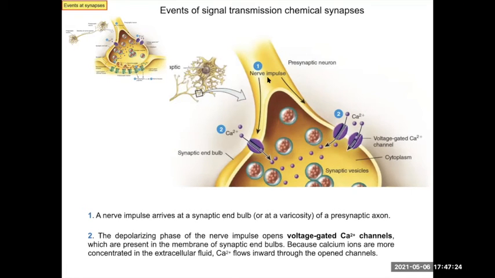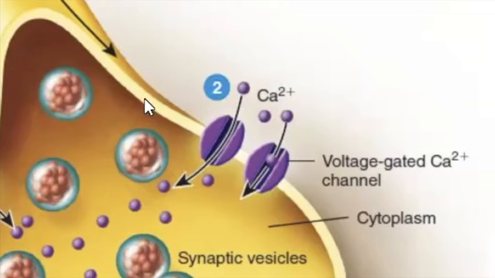Now you know what this nerve impulse is. Now you know this is an action potential going down the axon. And remember, action potentials are just a single strength signal, right? They're always the exact same strength. So if there's one single action potential coming down here, there's a rapid, strong depolarization, right? That is, the cell went from negative to positive. And that depolarization opens up these voltage-gated calcium channels,